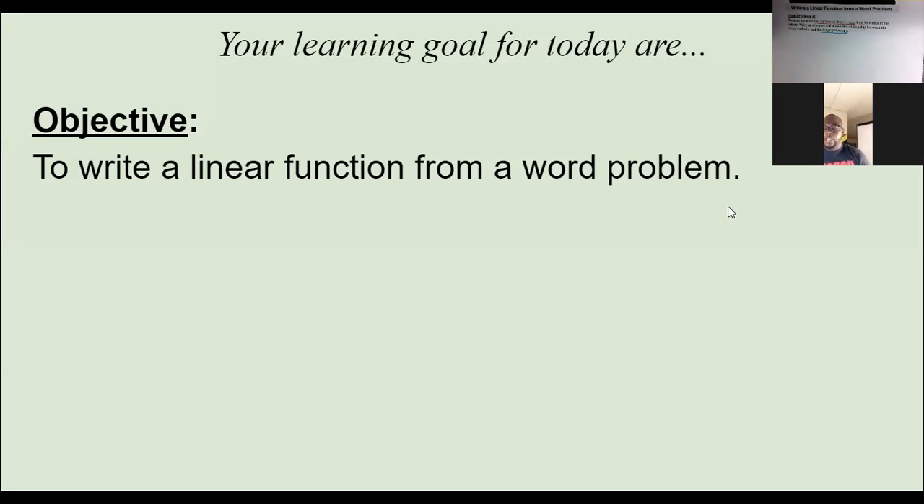So today we're gonna talk a little bit about writing a linear function from word problems. As you can see, the objective here says to write a linear function from a word problem. So make sure you go ahead and take the time to copy the objective down. Okay. So let's move